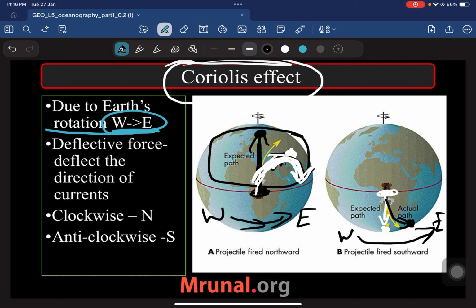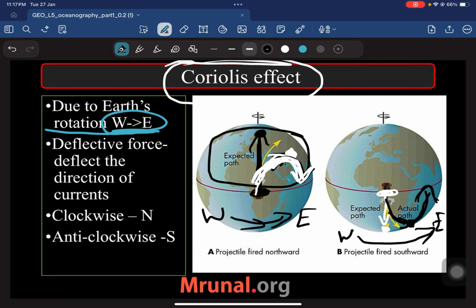That's why in the southern side the Coriolis force is anti-clockwise, like this. Okay, this is anti-clockwise. Understood about Coriolis force? It is as simple as, take your classroom example itself. If you are facing towards your board, and your school is rotating from left to right, it is rotating from left to right, means